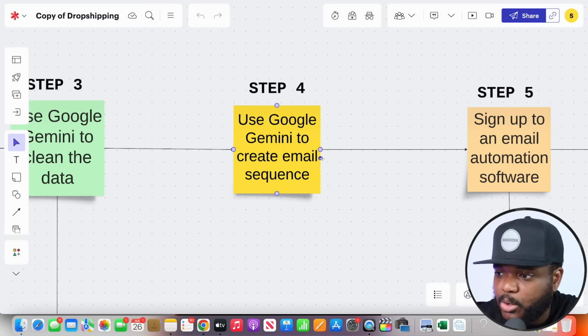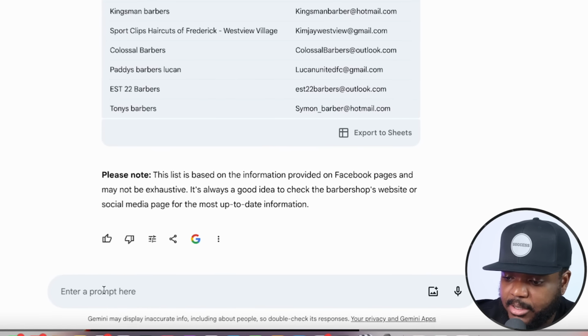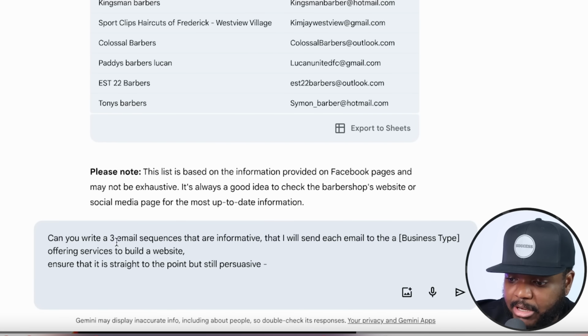So if I just go back over to it, the prompt that you want to enter is, can you write a 3 email sequence that are informative that I will send to each email to a, let me just type in barbershop over here. Offering services to build a website. Ensure that it's straight to the point, but it's still persuasive. You can tailor this any way that you want. You can pause the screen right now and copy and paste exactly what I've put,